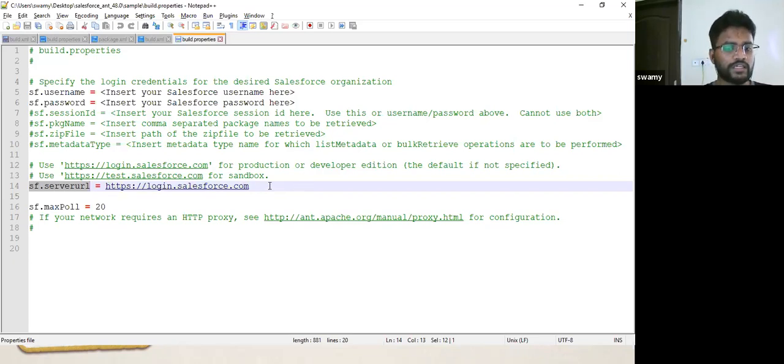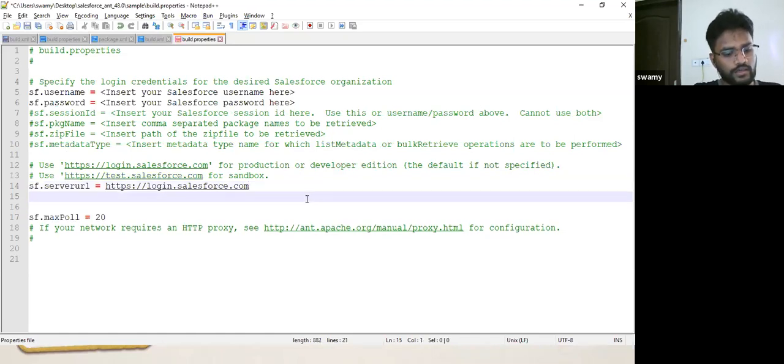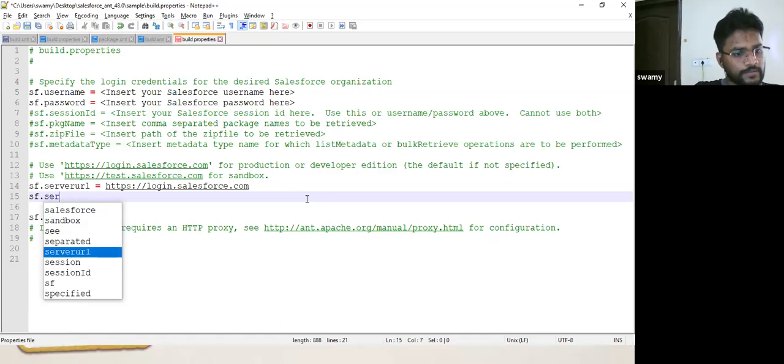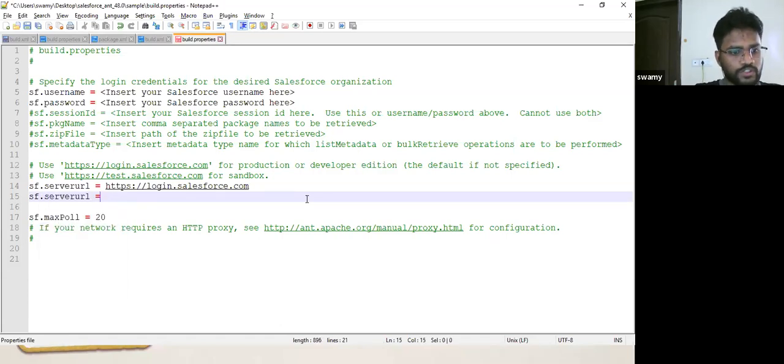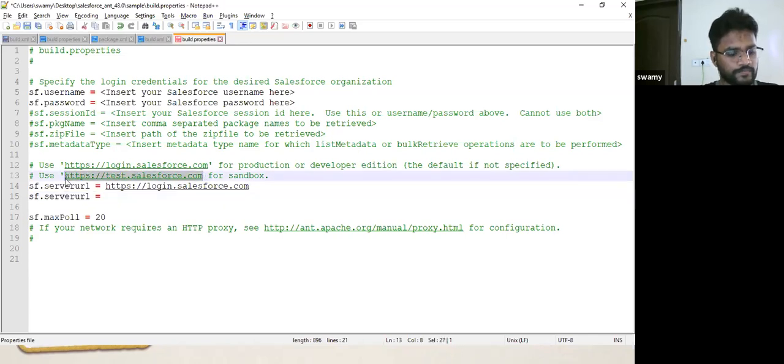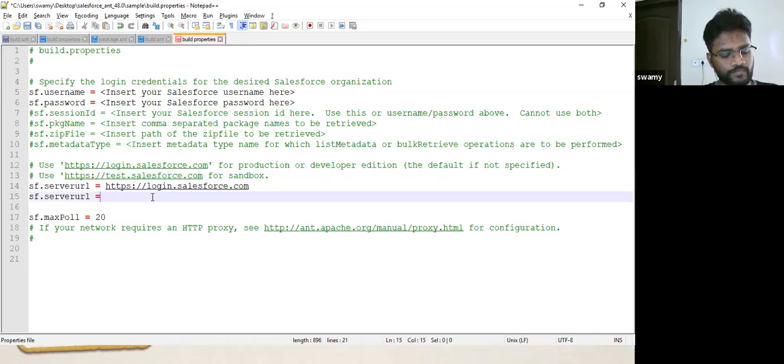Suppose right now I have to perform the retrieve option, I will take the sandbox, right? Like sf.serverurl is equal to, here it is. I'll just copy paste it.